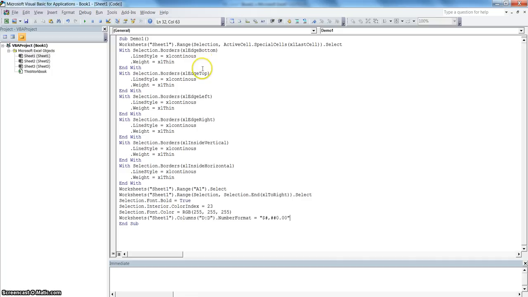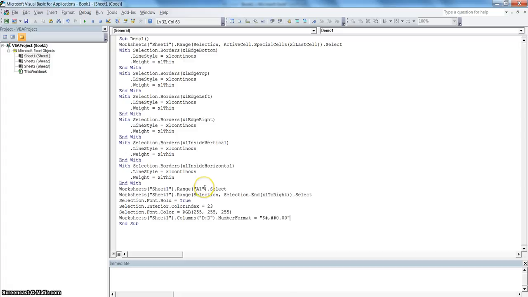Here I am using all the combinations of bottom, top, left, right, inside vertical and inside horizontal. So this way we are placing a border for top edge, here for left edge, here for right edge, here for inside vertical and here for inside horizontal.